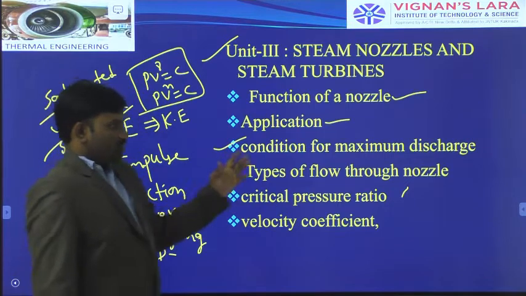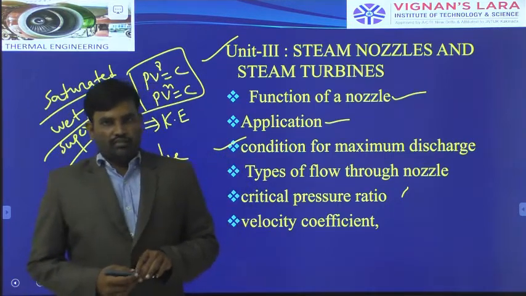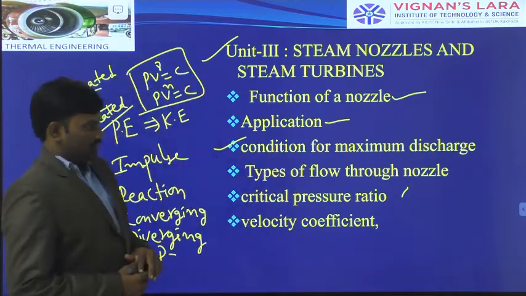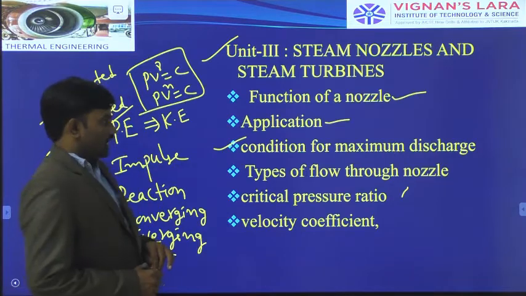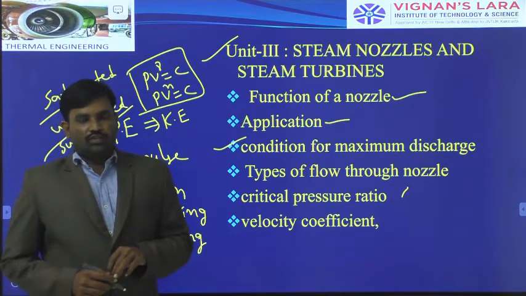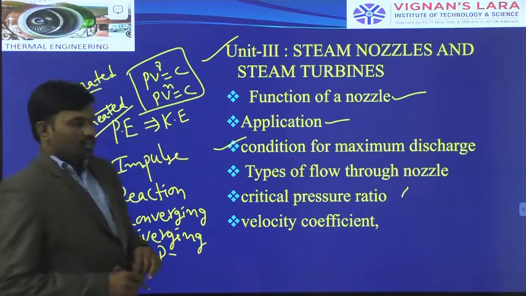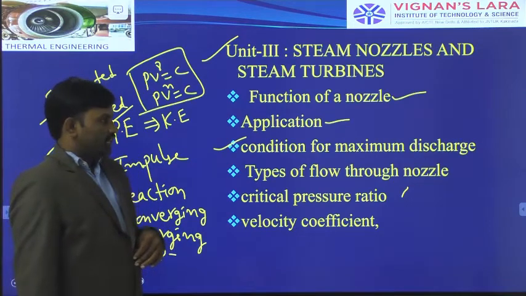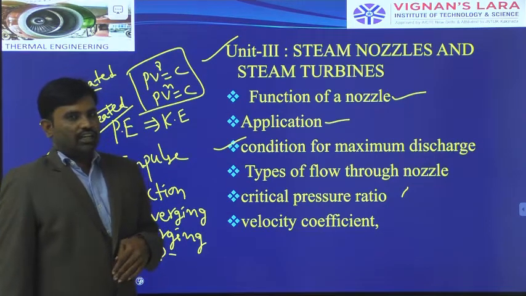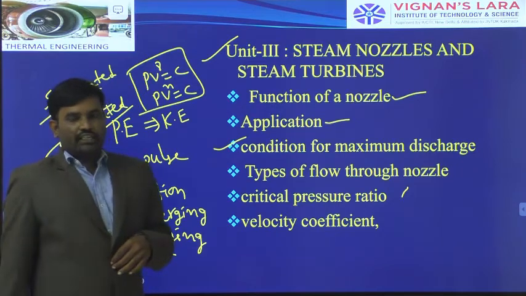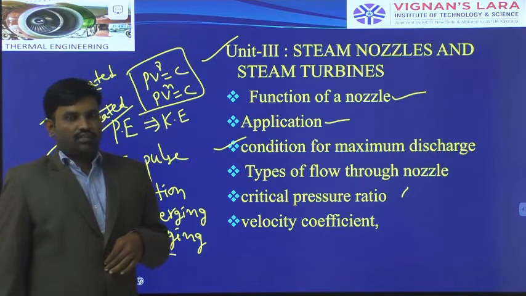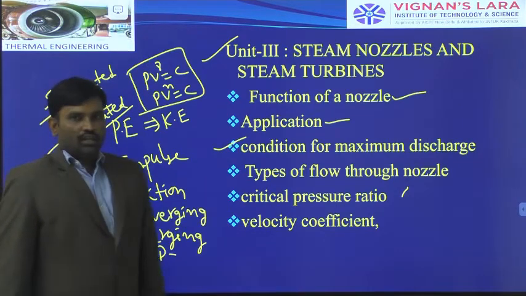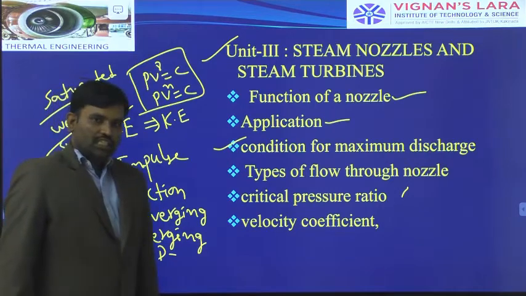What is meant by discharge? It is the mass flow rate of steam from the nozzle body, that is, how much mass flow rate of steam is flowing through the nozzle. We estimate that based on one derivation, and we will see that derivation in this unit. Generally, at the throat section we get the maximum discharge. At which pressure ratio do we get the maximum discharge? We will see that in this unit, and we will solve one derivation and some more problems on that topic.